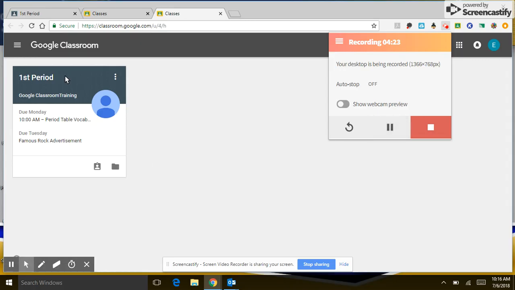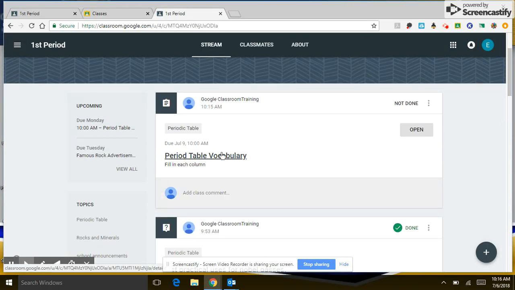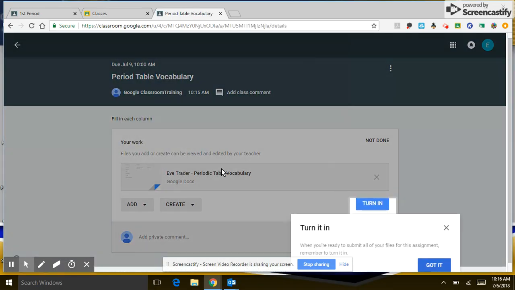Here's how it looks from the student point of view. I'm in my first period class. Due Monday, I have my periodic table vocabulary. I've been told to fill in each column. So I can click on this here. I see